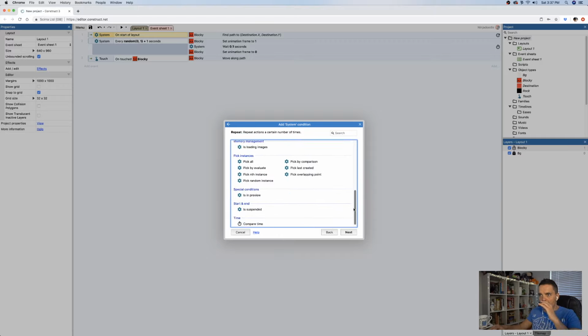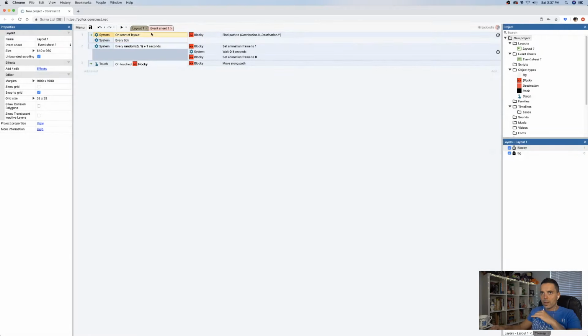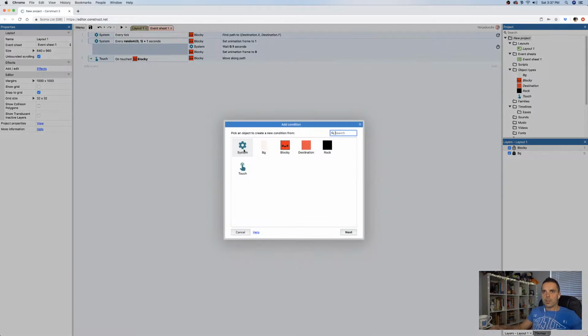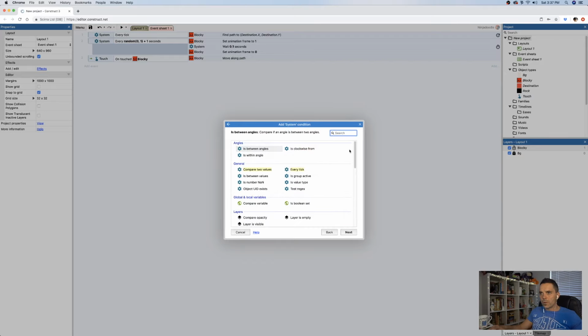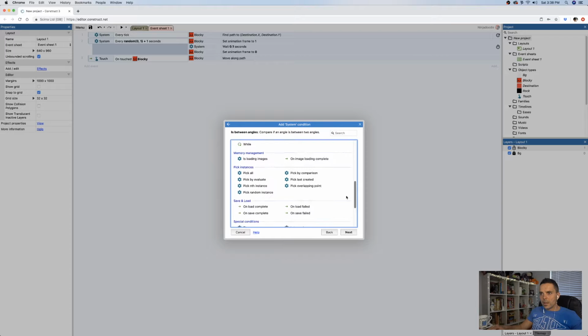Where is it gone? Okay, I'm missing it right now, but for now we're just going to do every tick, and I'm sure that is very inefficient. Okay, wait a second, we're going to take that out, and we're just going to do every tick for now, but there is another option, and I'm just having trouble finding it right now. And it's something like every X seconds, and I'm